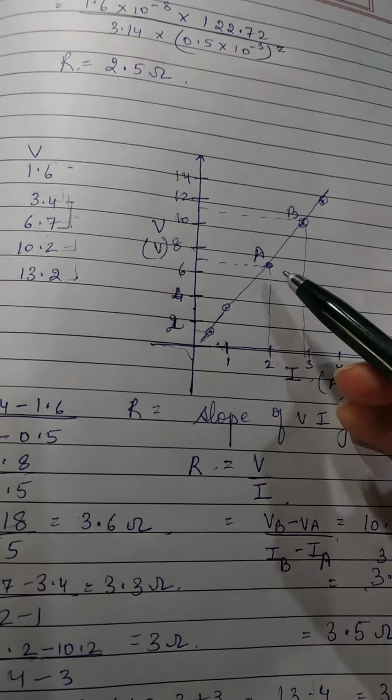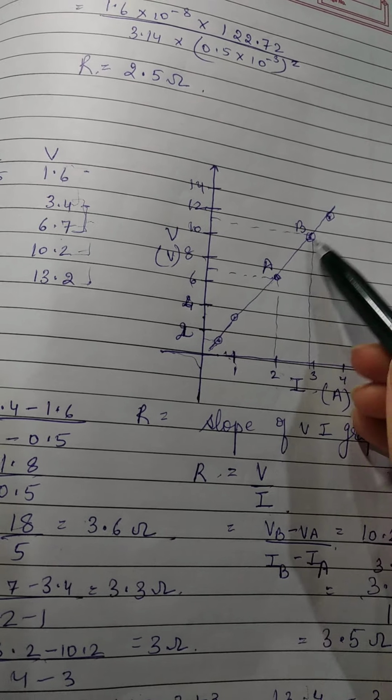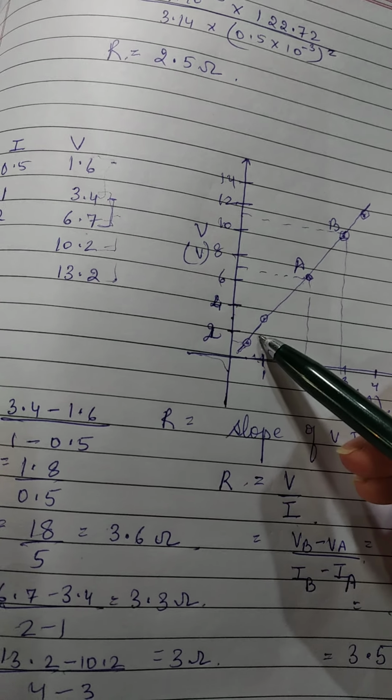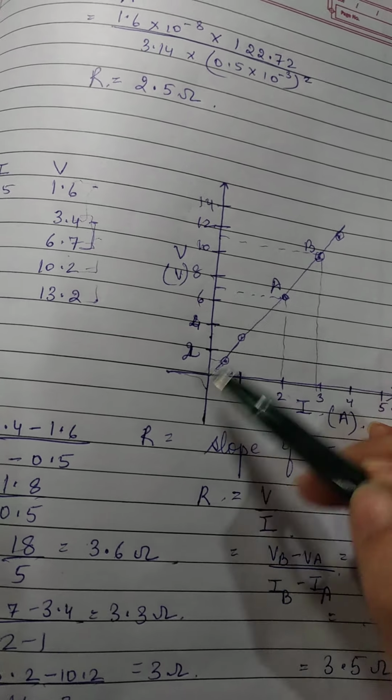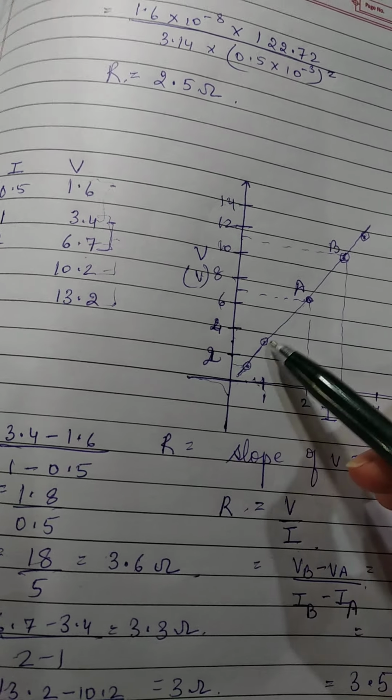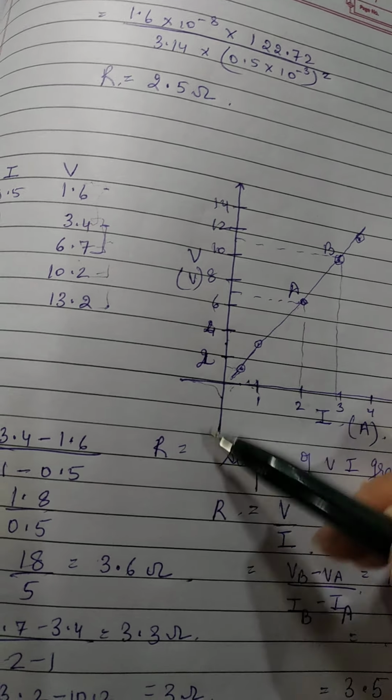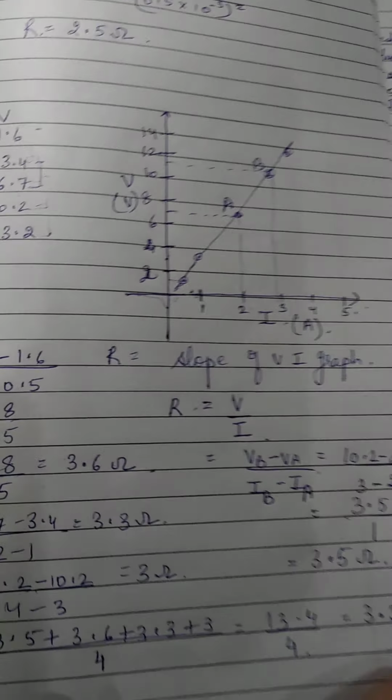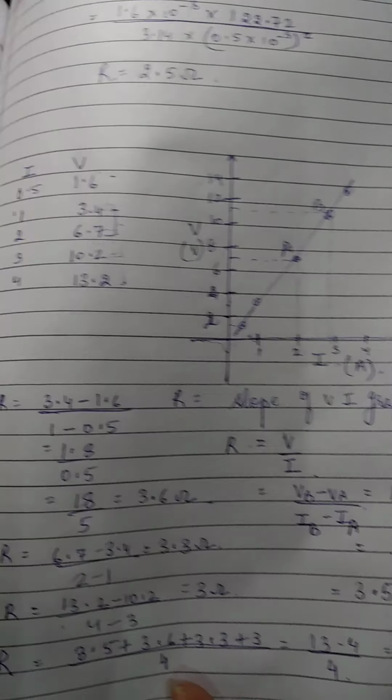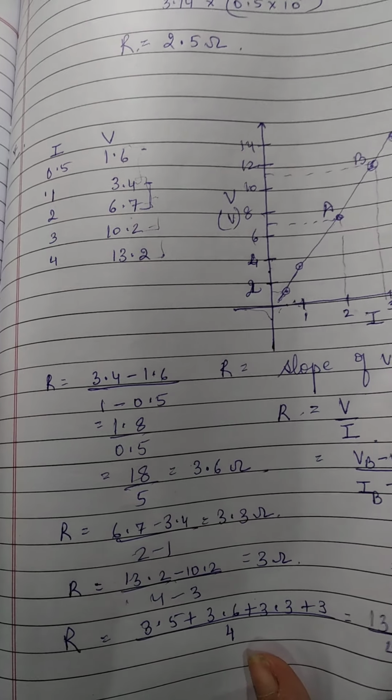If it exactly comes out equal, had it been 3.3 or 3.4 or 3.5 at all the points, then we would have assumed those values. Since we are getting a little different values, we have taken out the mean of all the values. This is how you will do question number 7. Moving on to question number 8.